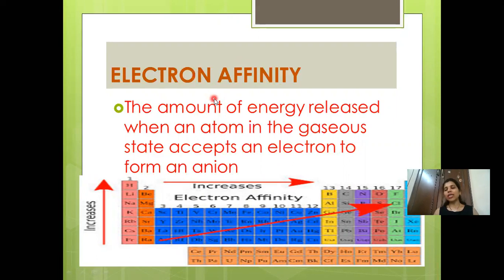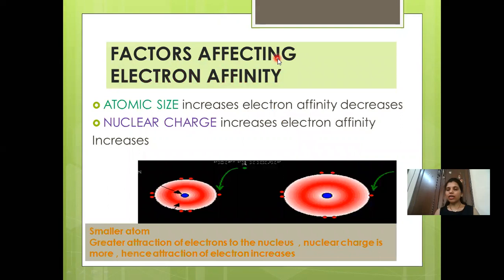So you will see that the amount of energy which is released is going to be more if they are more readily accepting the electrons. So the more readily they accept the electrons, the more energy they will release when accepting that electron to form an anion. So the atom which accepts more readily definitely has more electron affinity. Okay, so let's see now in the next slide,